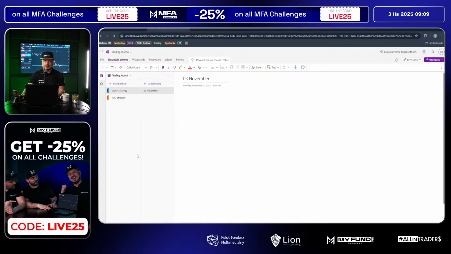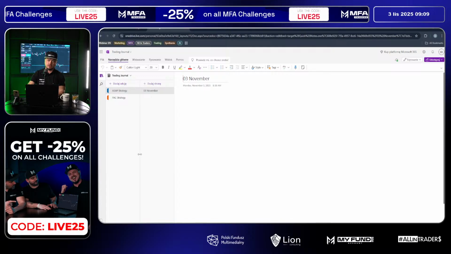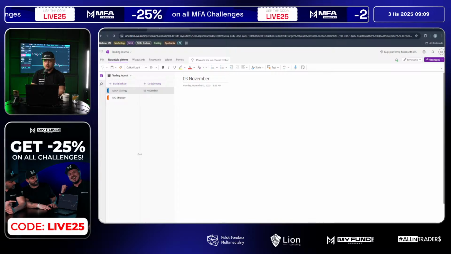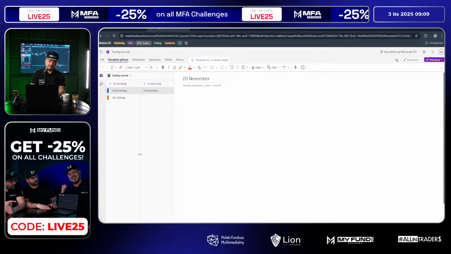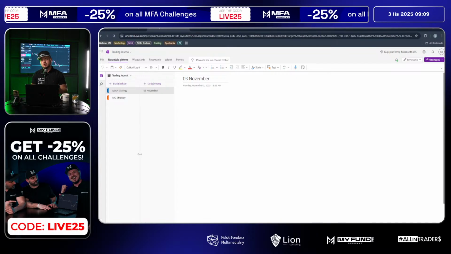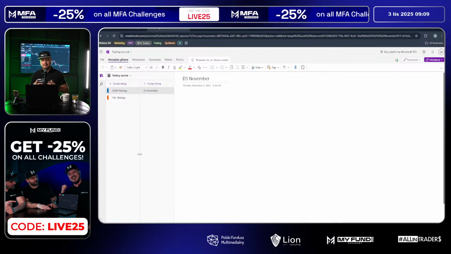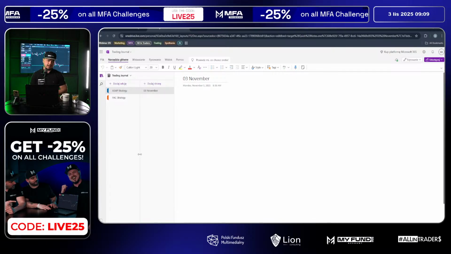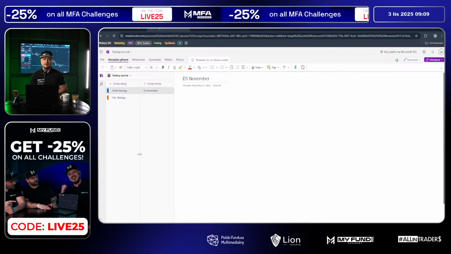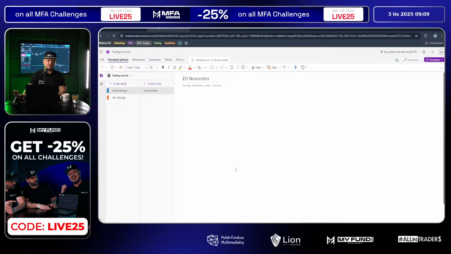But also, you can add sections like the checklist, okay? So what you need to check before every session, what you need to look for if you are using ASAP strategy, what do you need to look for if you are using price action strategy. So every strategy is different, and it's good to put everything into your journal and review it every single day or once a week. Okay, so check what went wrong, what you can improve, and stuff like that. So we're gonna put everything over here. Every single session will be in this trading journal.